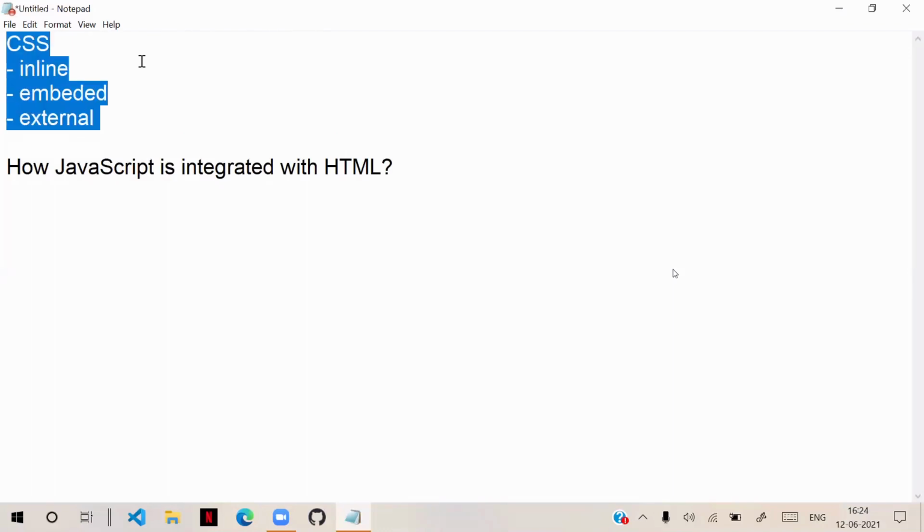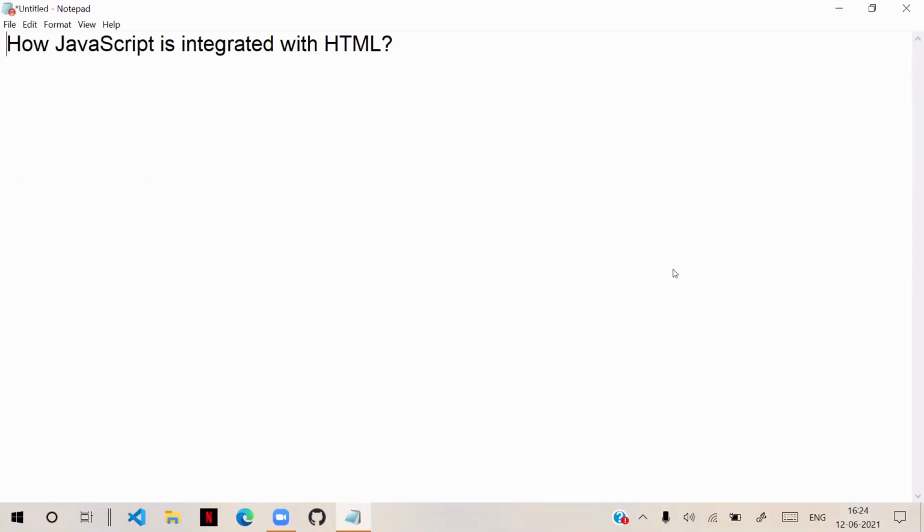Actually, the same three techniques are there. JavaScript can be inline, that means you can write JavaScript inline. You can write JavaScript embedded, and you can write JavaScript in an external file. We have these three techniques.